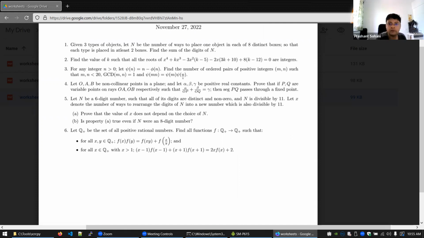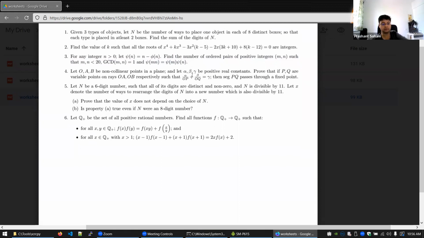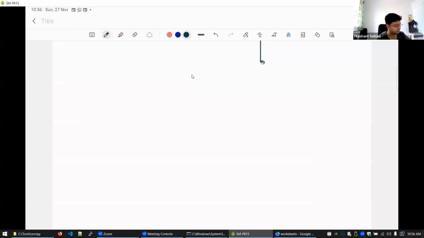So find the number of ordered pairs such that some conditions hold, and the main condition is this one, that psi of mn is equal to psi of m into psi of n. So we need to think about how we can use that. Psi of n is defined as n minus phi of n, where phi is of course the Euler function. I did mention that. So psi of m into psi of n will be